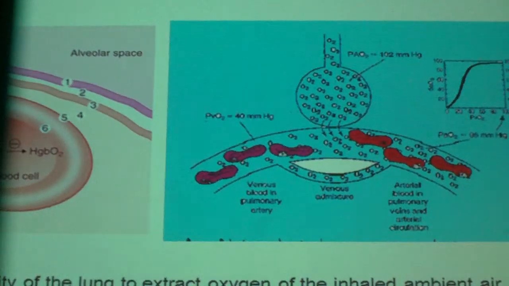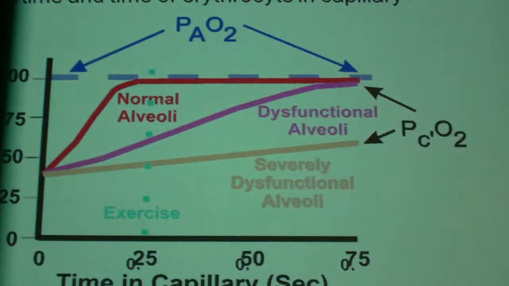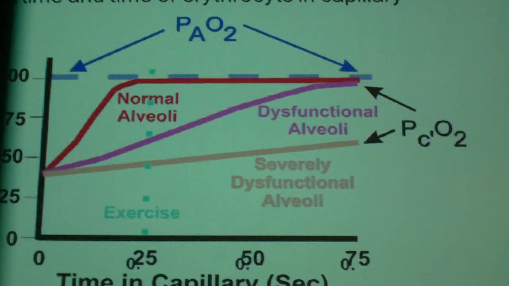But when an alveolus is diseased, this might not be that easy, and this might give some problems. As we can see here in this figure, if the alveoli are normally functioning, the saturation of the blood goes very easily and very fast. If an alveolus is dysfunctional, then you see that the blood needs more time to be saturated. And this might not be a problem at rest